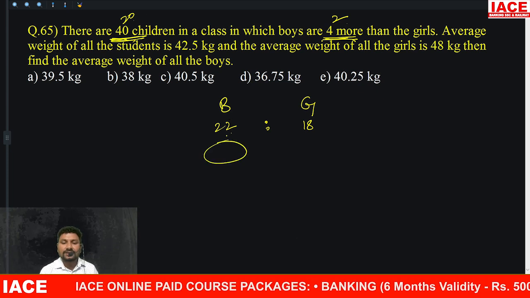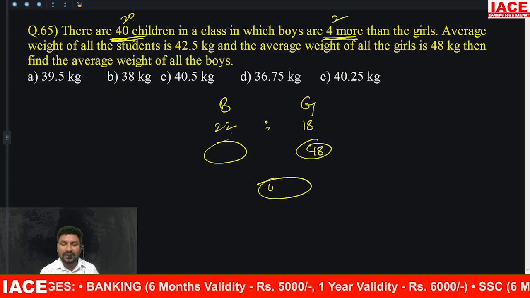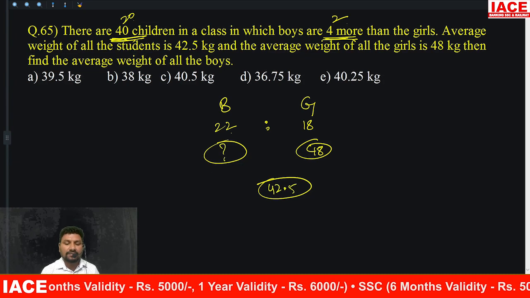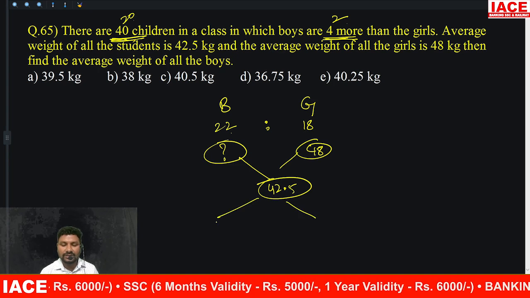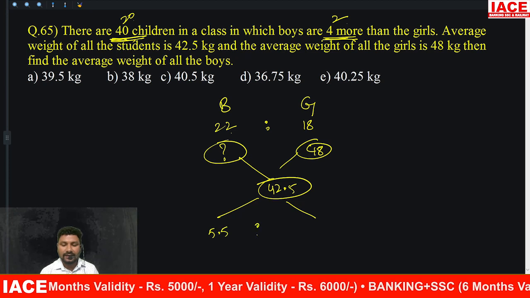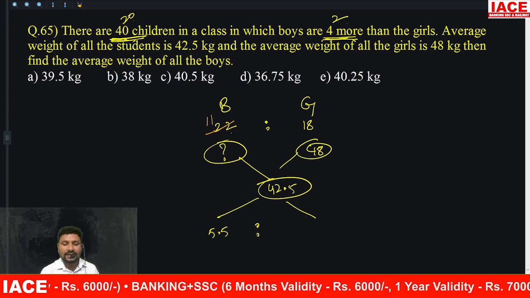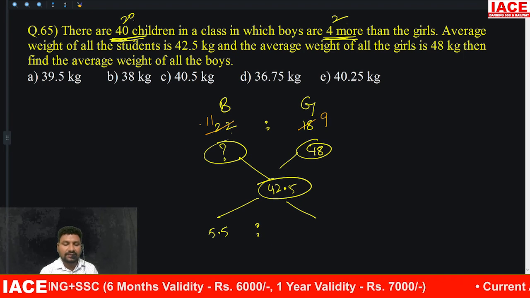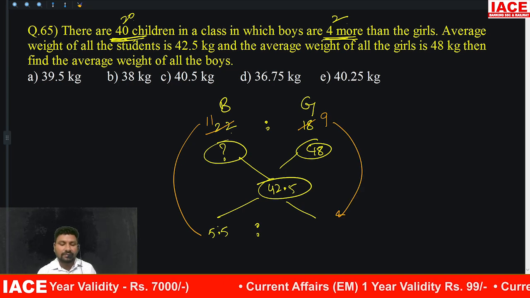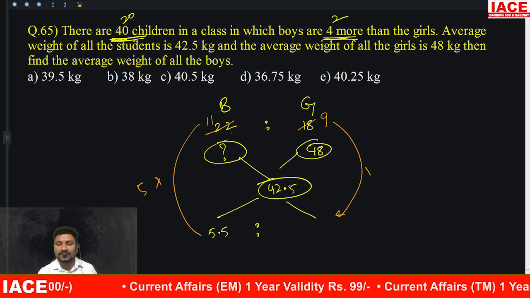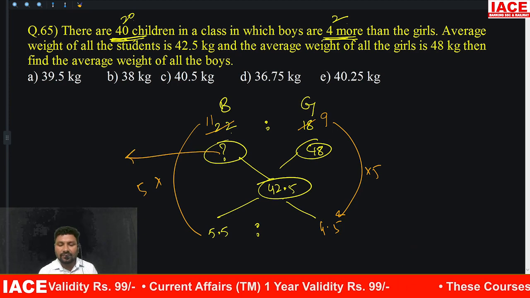The average weight of the girls is mentioned as 48, and the total students' average is mentioned as 42.5, and we don't know the boys' average weight. Apply the mixture alligation. So the difference between 48 and 42.5 is how much? 5.5. Okay, and this is what? This we don't know clearly, but multiply it. 11 and 9. 11 parts equal 55. 11 parts equal 55 means 9 parts equal how much? Here we multiply with 5, so here also multiply with 5. It should be how much? 4.5. From what number are you removing to get 4.5?